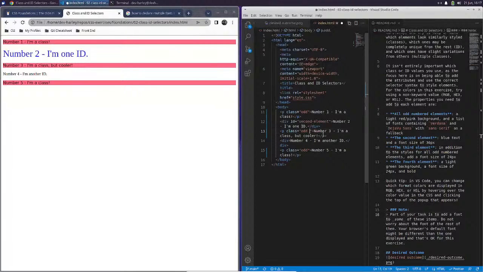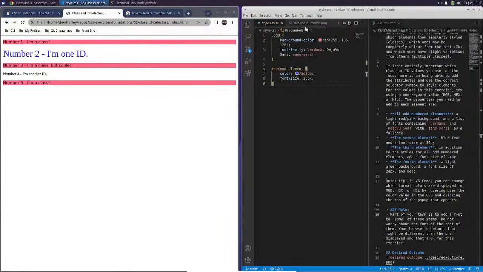In addition to the style for all odd number elements, add a font size of 24 pixels. Okay, and then in the style,